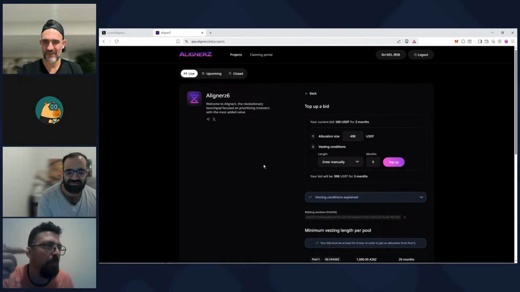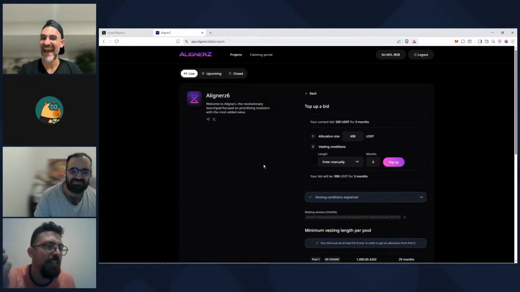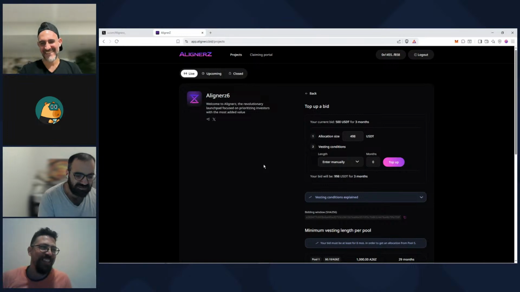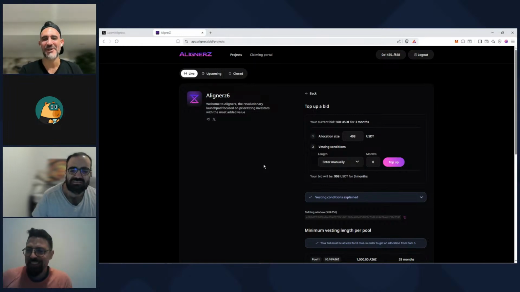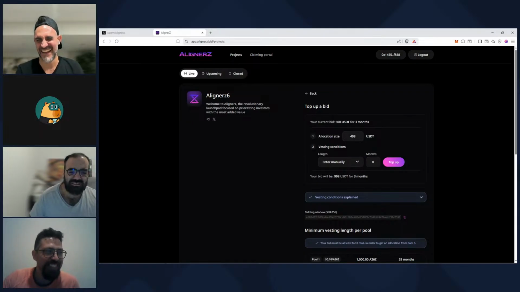Hatsu, it does not matter what amount you are bidding with. What matters most is the vesting lamps. No, I love Dave. I'm not going to outbid him. That means in the last second before he closes, he's going to approve the transaction and kick me out. Let's close it up so that I can share my screen and then we can show the claim. You guys can see the TVS. You guys can see the refunds.